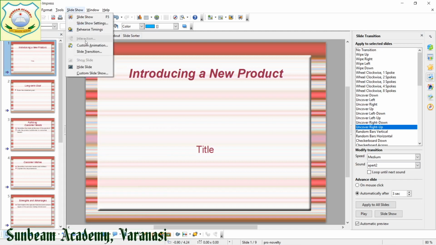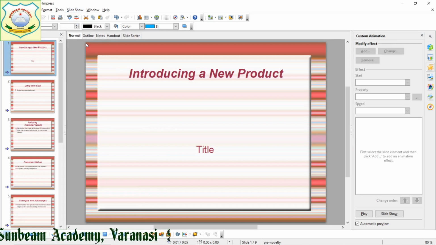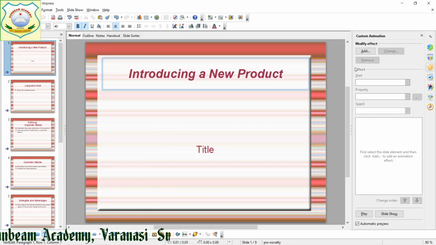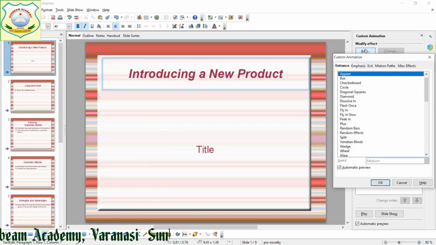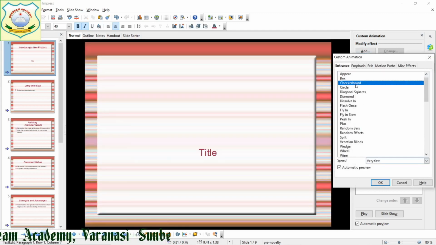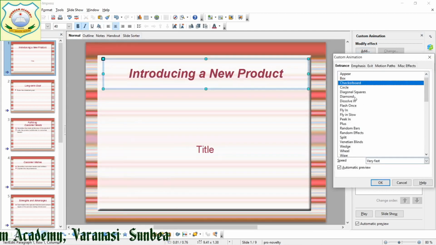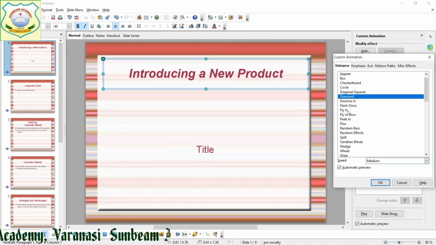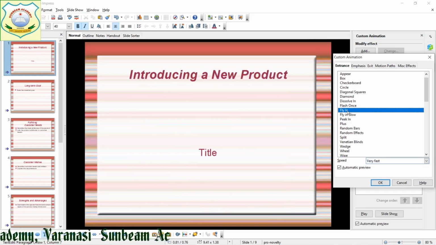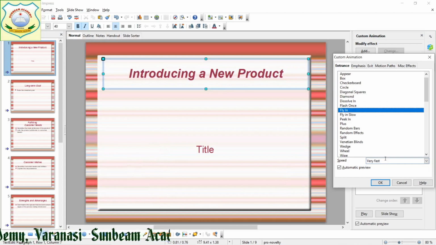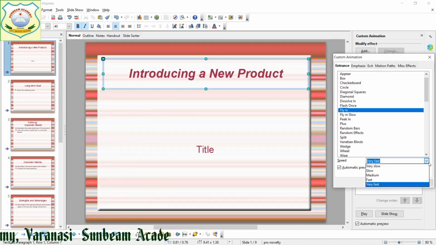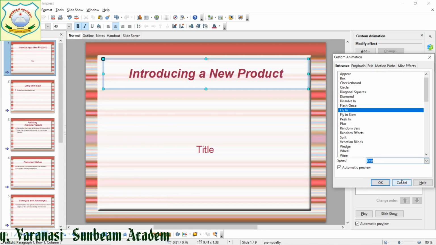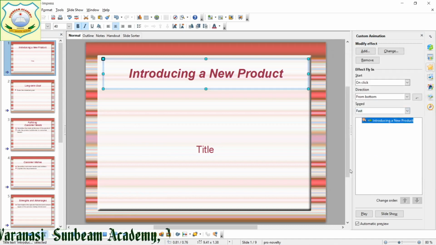Then slideshow, custom animation. You can see here I have selected this one. Now if we want to add any effect, checkerboard, diamond, in that manner the character will come, fly in, character by character. Very fast, fast, in whichever manner you need. I said okay.